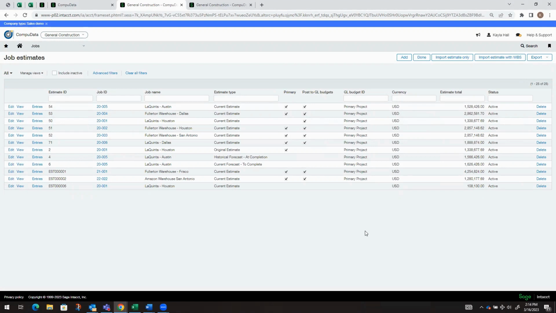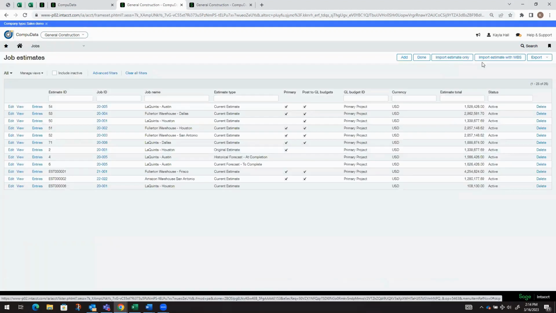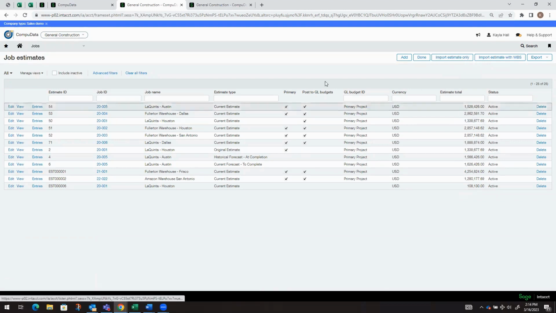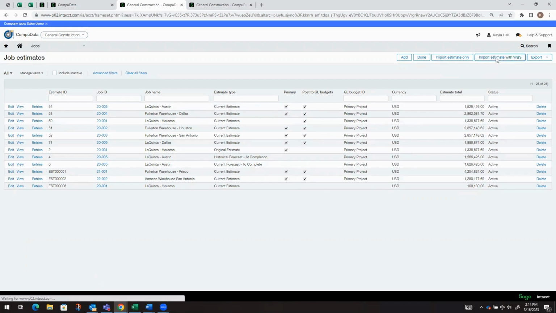There's a couple of ways that we can add project estimates. So we can do it manually by hitting Add, or we can import. There's two import templates. One is just to import the project estimates. There's another one to import project estimate with work breakdown structure. If we go with the option to import estimate with WBS,